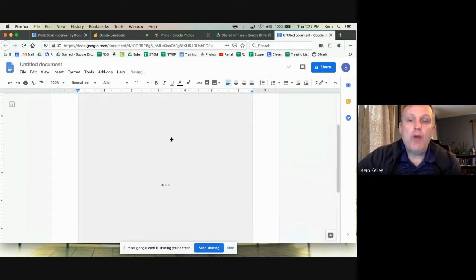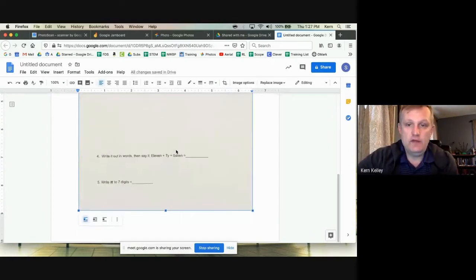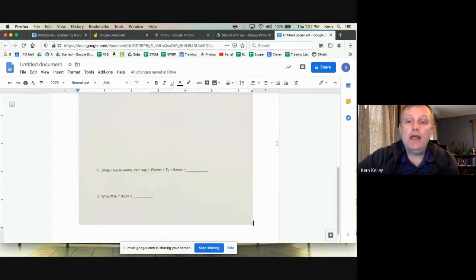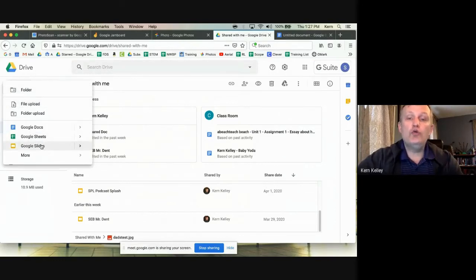Now, the drawback of this right now is this is just an image. So students aren't going to be able to type on top of that or write or anything like that. It's just a picture of this. So I may want to use a different tool. Again, we talked about, I think it was yesterday, the day before, about PDFs. If you want to insert that as a PDF and have students write on it, that's an option. The other thing you can do is I can insert a new Google Slide.